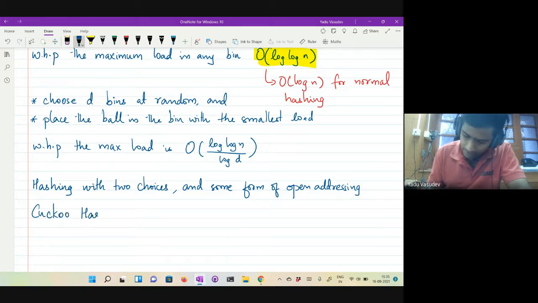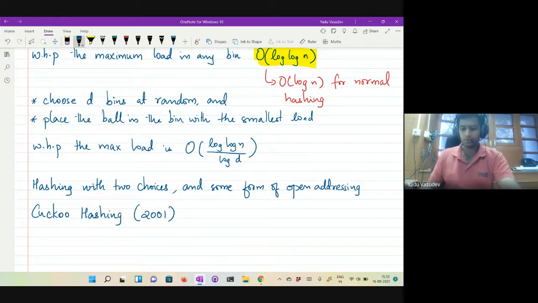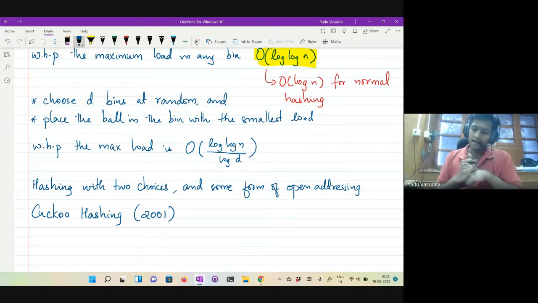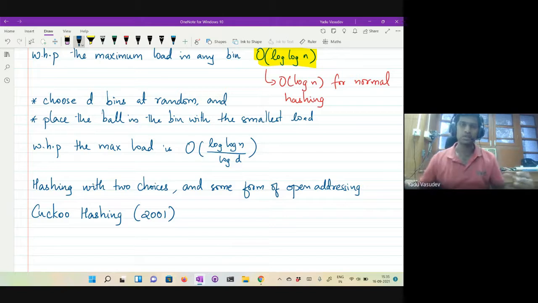This is a technique that was developed; the paper came out sometime in 2001. So this is going to combine the idea of two choices. For each element, we look at two possible choices, and if there is already an element in the bin where you're going to place the element you're inserting, instead of putting it in a chain, you will start moving elements within the table, so that you're always inserting elements into the table.